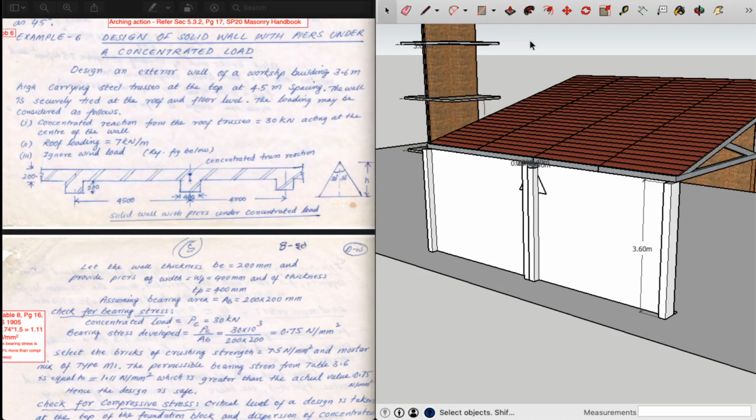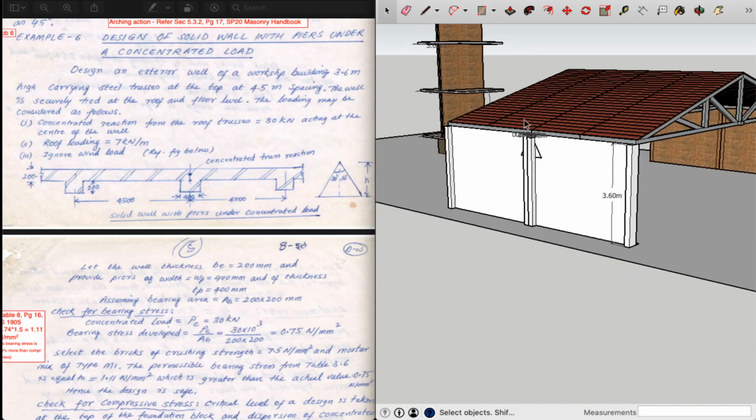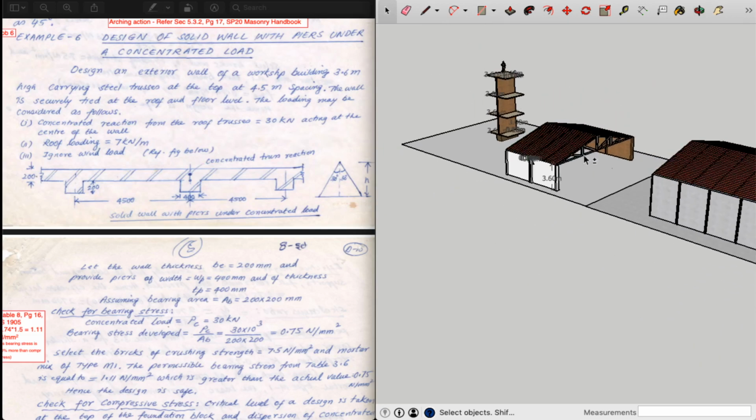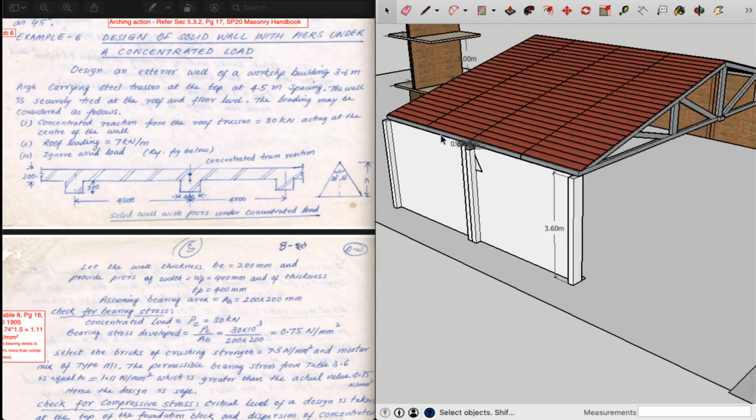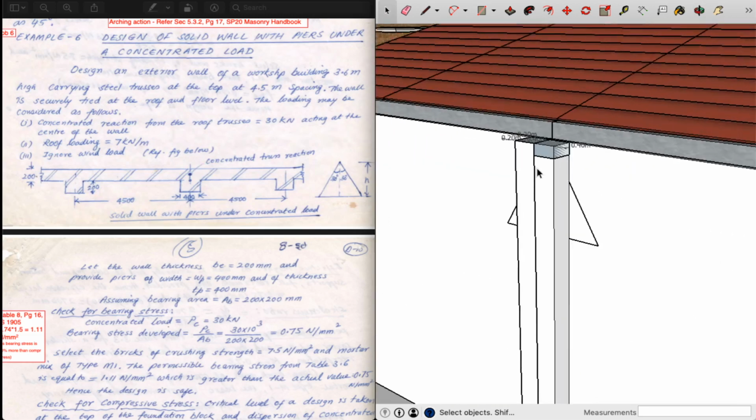Today we're going to talk about design of solid walls with piers under concentrated loads. Previously we have seen how to design solid walls under uniformly distributed loads. We have seen hollow walls which can be designed for uniformly distributed loads. Now we're going to look into a slightly different way of designing, especially when it comes to point loads or